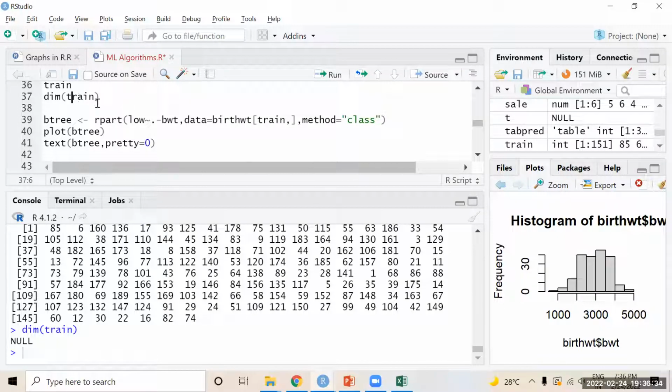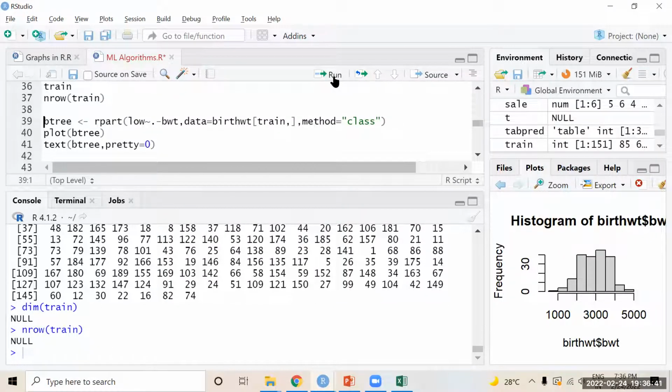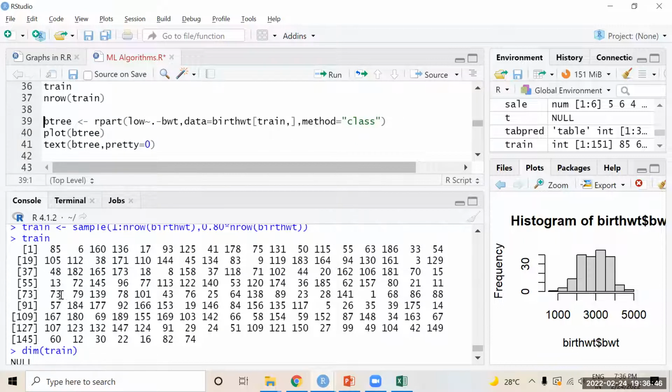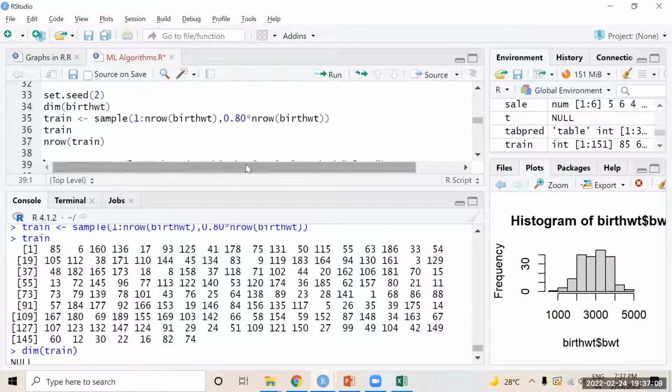Oh, this is one-dimensional data. So it's not working on an individual variable, but you can find here 145, 6, 7, 8, 9, 150, 151. So what is 80% of 189? 80 into 189 is approximately 151. So 151 rows are selected randomly because I have given 80%.